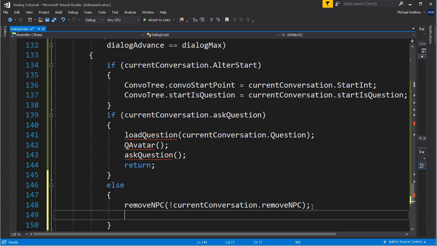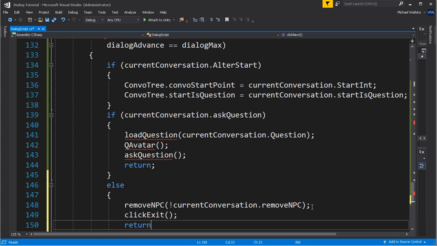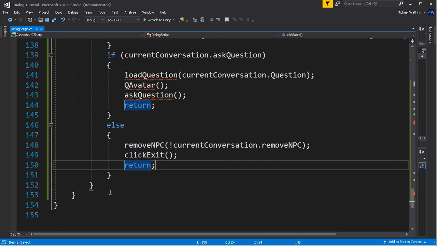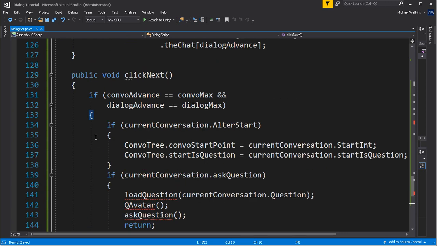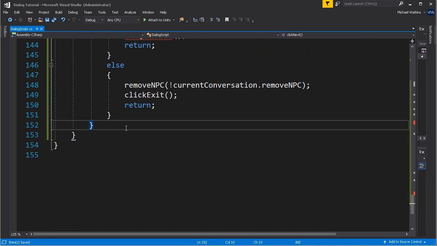Next, we are going to click exit, and let me just return out of this to stop everything. So this was asking if it's a question, do I do any of these things? This one was asking if we're done with the conversation. We're saying we've got to the end of the conversation, what do we do? However,